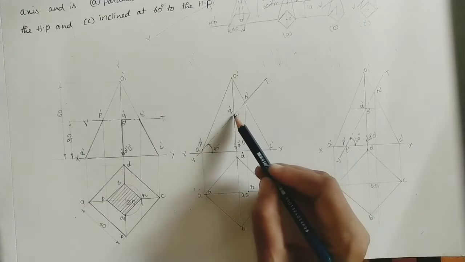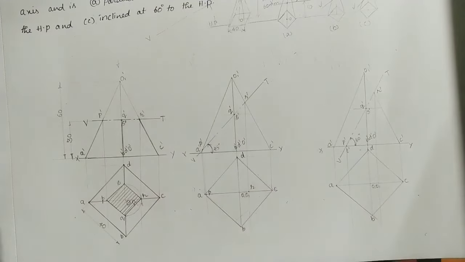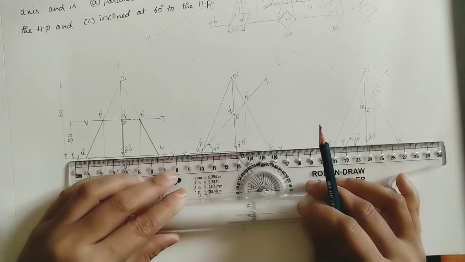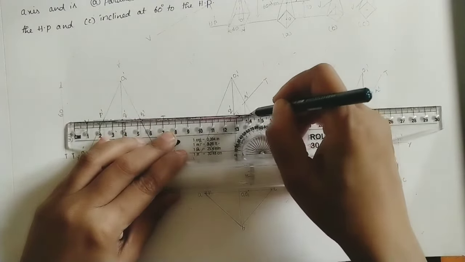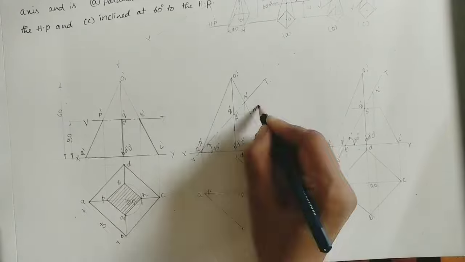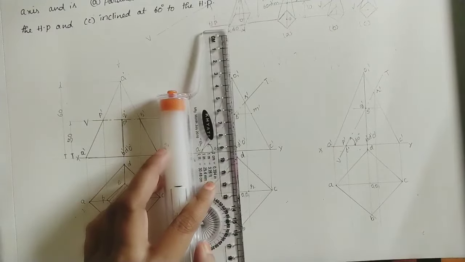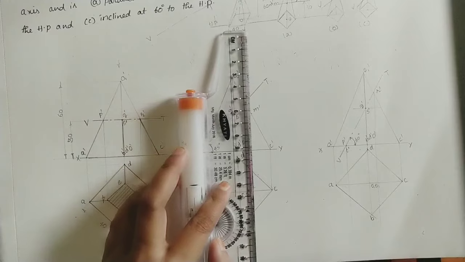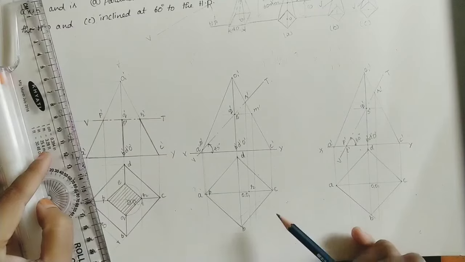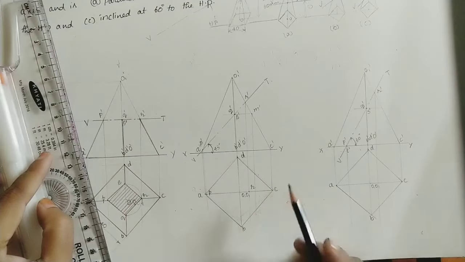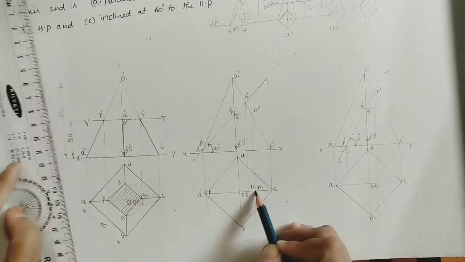Here we have one process of marking the Q and S points on the middle line. Just do one horizontal line up to this slant edge. Take this as a reference line, and here do the horizontal line up to this slant edge. Take the intersection point as M dash. At M dash, do the projector line. Where is the M dash point? On OC. Here also take that projector line up to OC. Okay, mark this point as M. In the front view we are marking M dash, in the top view we are marking M.